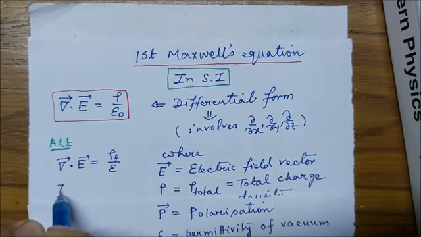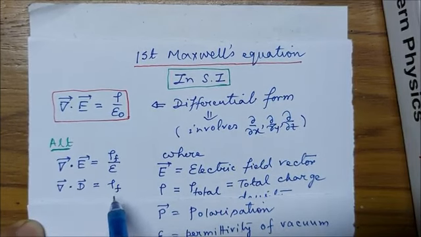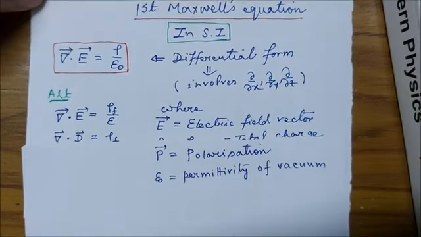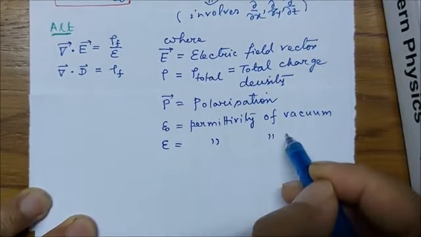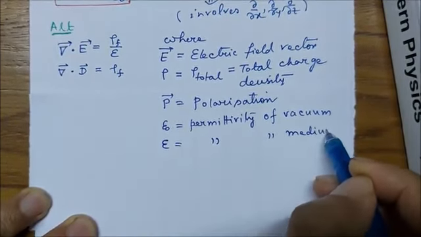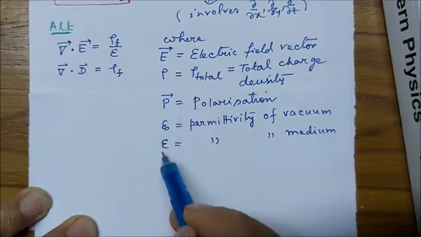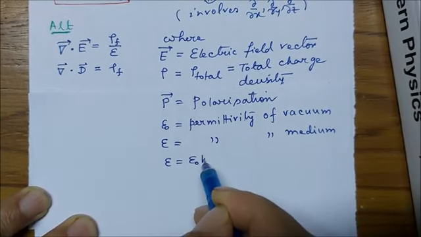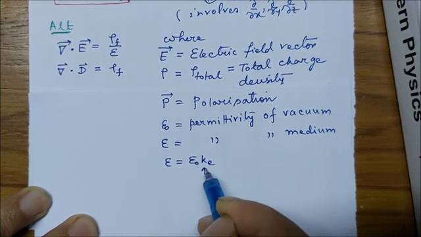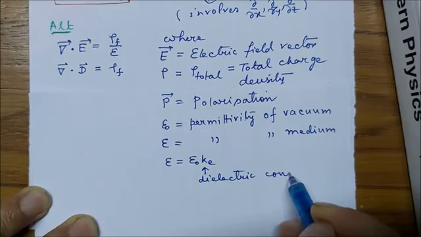This can alternately be written as divergence of vector D is equal to rho f, where epsilon is permittivity of a medium which is polarized due to an electric field, and the two are related as epsilon = Ke epsilon 0, where Ke is the dielectric constant of the medium,